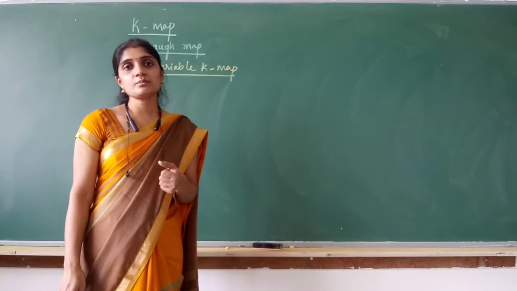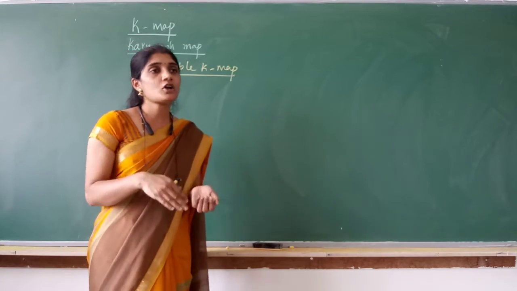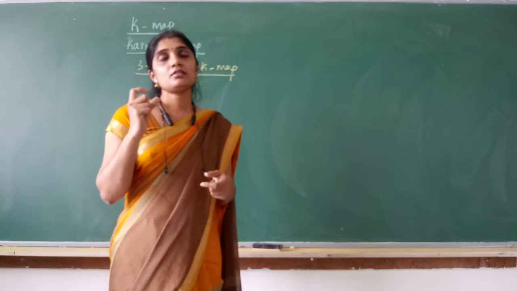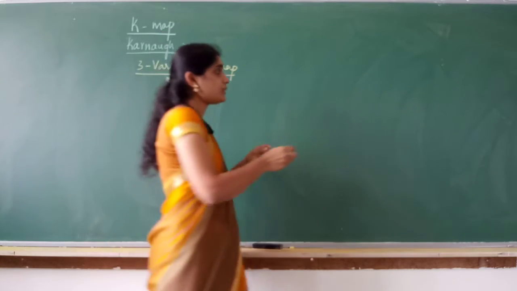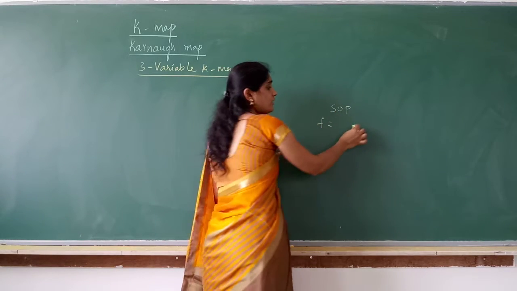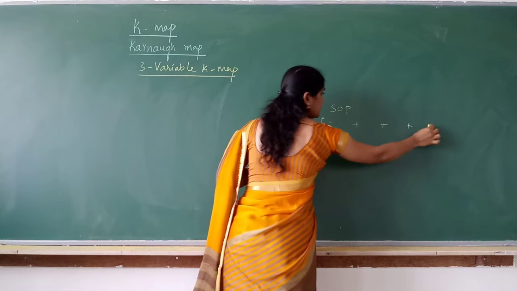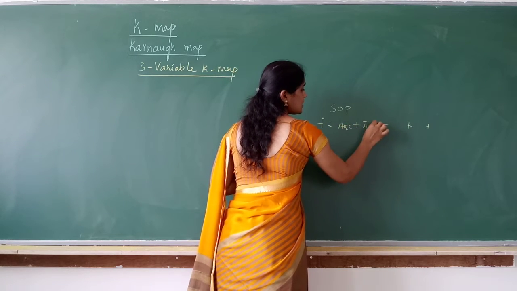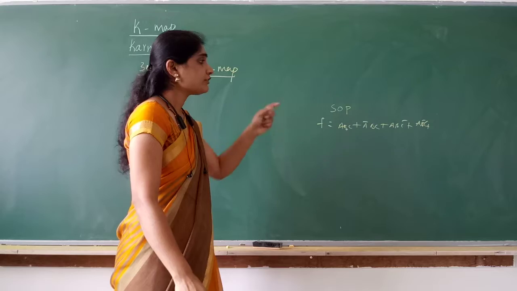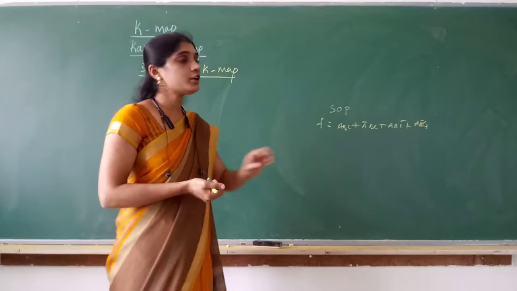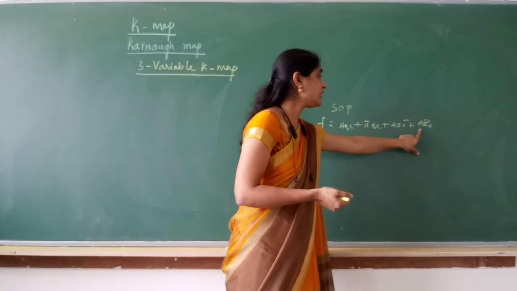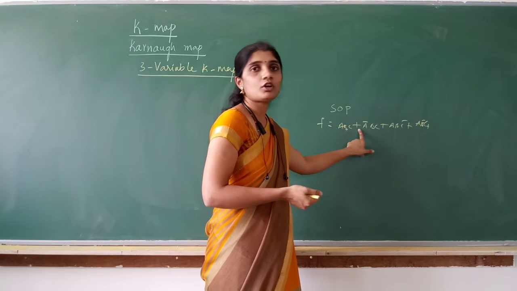But the question is, why do we have to simplify the equations? Why don't we write the logic diagram directly for the equations we write from the truth table? For example, suppose you have written an SOP equation for a function. In that equation you may have 4 or 5 terms, A B C, A bar B C, A B C bar and A B bar C, like this. So how many gates are required to implement this function? 1 gate for this, 1 gate for this, 1 gate, 1 gate. Again, these outputs I have to give to an OR gate.